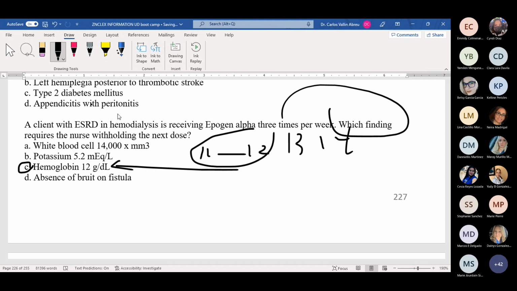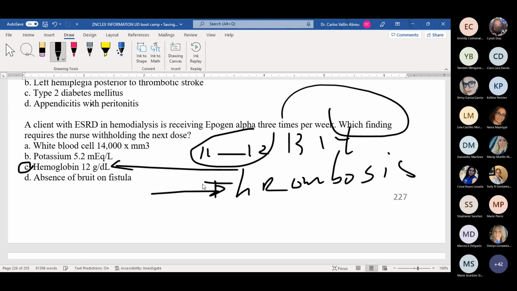What happens to them? Polycythemia. Thrombocytopenia. No, not thrombocytopenia. Thrombosis. The blood becomes too hypercoagulable, and then they can have clots. It's not as severe as polycythemia, but in them, the medication, epoetin alfa, can produce